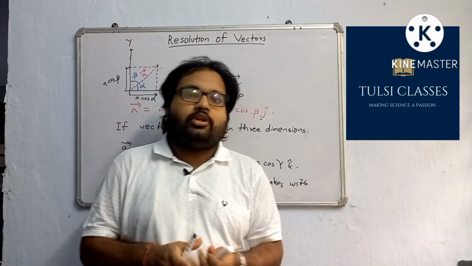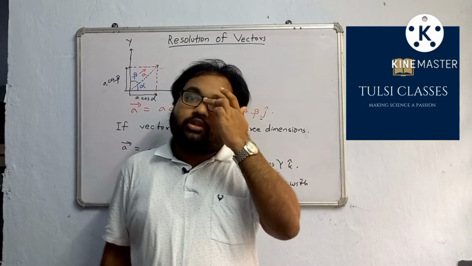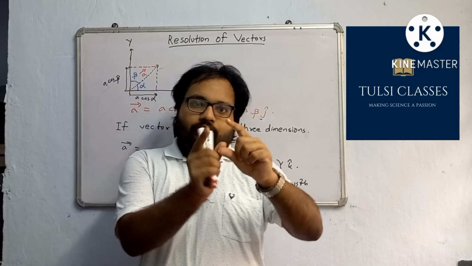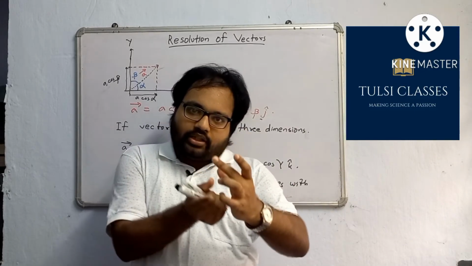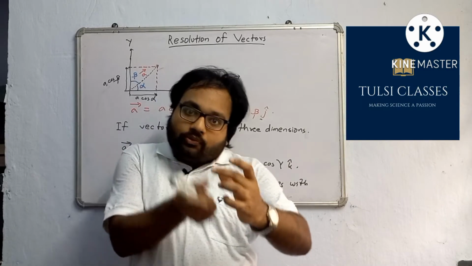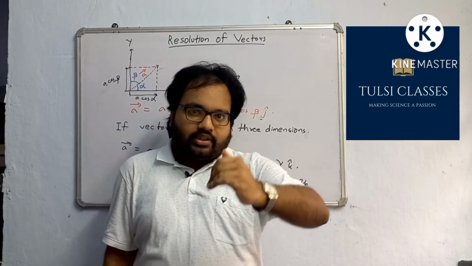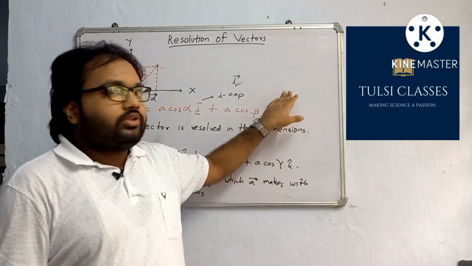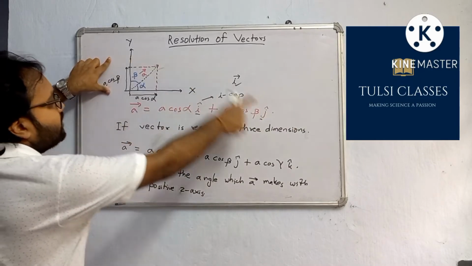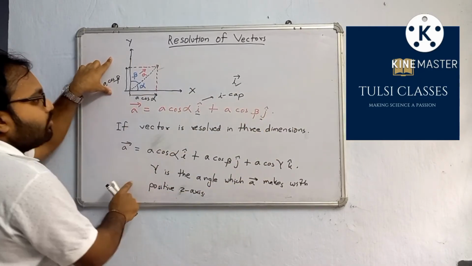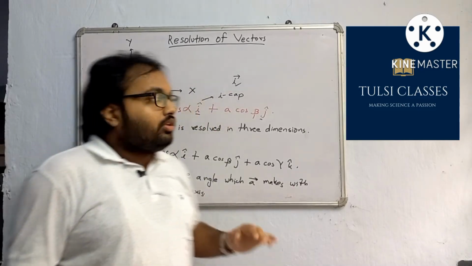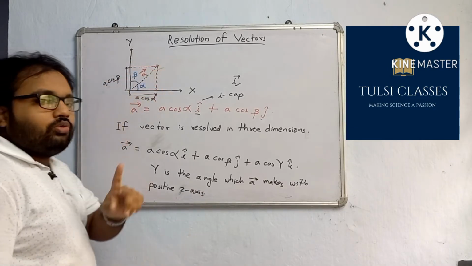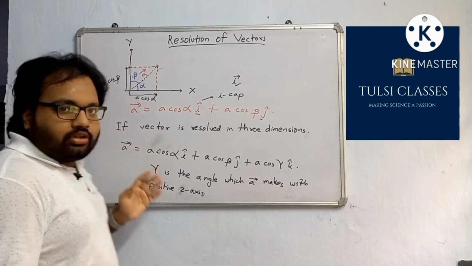See, in ATC a question came in 2021. Four vectors were given: 1, 2, 3, 4. The angle between the first and second vector, between the second and third, and between the third and fourth were given as 30 degree, 60 degree, 90 degree and 120 degree. You may not be able to understand this orally. I will take that question and you will see that using this concept only, we will solve that question easily. Now, as we have done resolution of vectors, that means vectors are resolved into their components, we will do one question based on this. Let us move to the question.